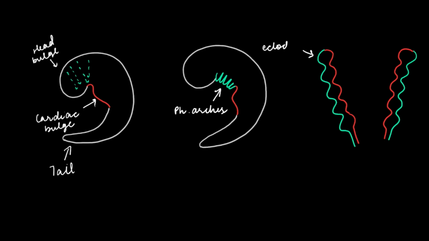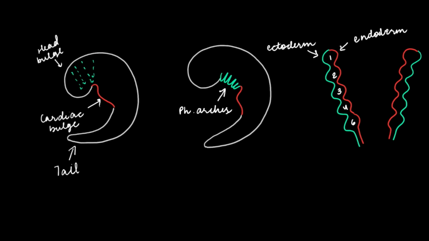This is the ectoderm. This is the endoderm. As you can see, there are a total of 5 pharyngeal pouches. The depressions seen over the ectodermal side are known as clefts. The ones on the endodermal side are known as pouches. There are 4 clefts and 4 pouches.